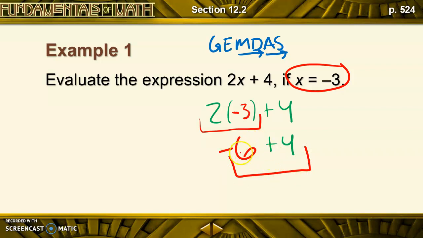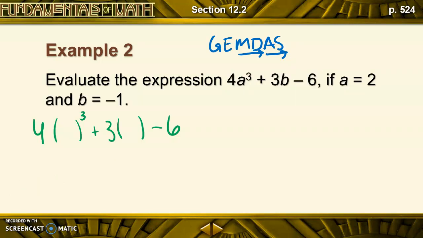If you owe somebody $6 but you pay back 4, you still owe them $2. And because you are in debt and you owe them, it's going to be negative 2. So we're just going to be following our order of operations. After we evaluate, we're going to follow our order of operations. Cool? All right. Example 2 says evaluate this expression, and this looks way more complicated,